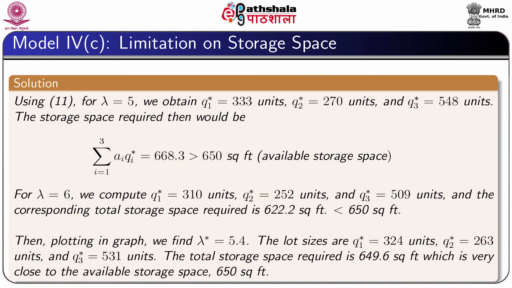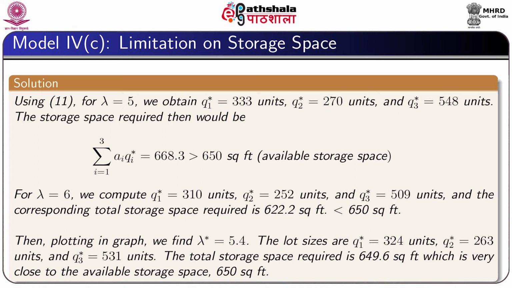Then using equation 11, we can obtain for lambda equal to 5, Q1 star equal to 333 units, Q2 star equal to 270 units and Q3 star equal to 548 units. The storage space required then is equal to summation Ai Qi star, where summation varies from i equal to 1 up to 3. Then this sum is equal to 668.3, which is more than 650 square feet,